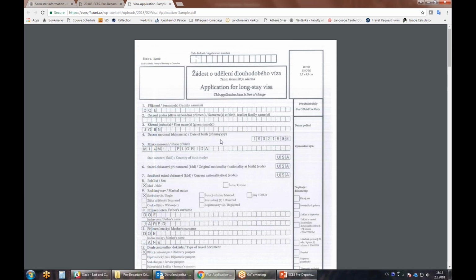Number 4 is your date of birth, and this should be written in day, month, year format. Number 5 is your place of birth, and if you were born in the US, you should write your city and state, and you should spell the state out, not with the acronym. Your country of birth, if it was the US, you should write USA here in all 3 boxes, all 3